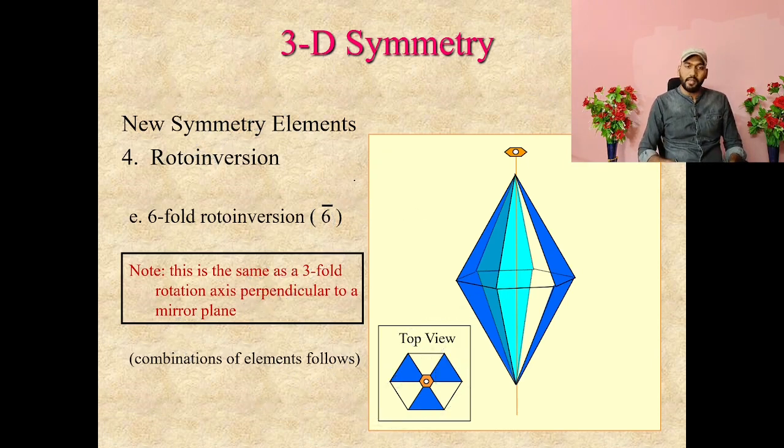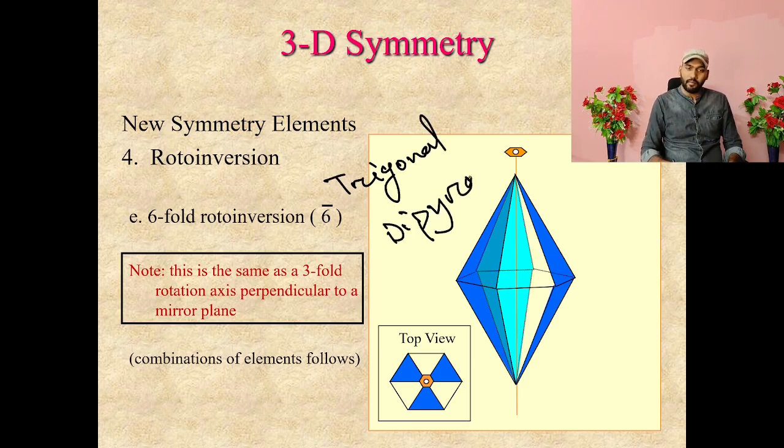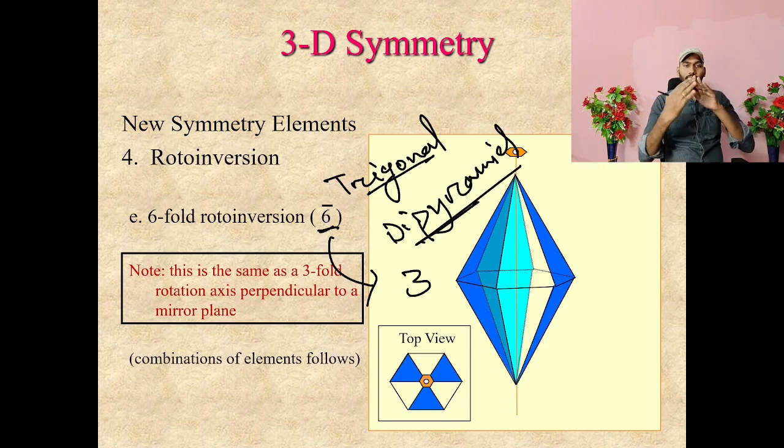This is called trigonal dipyramid. Trigonal dipyramid. You can ask why it is trigonal. We have taken six-fold rotation. Why is it trigonal? Because it became threefold, because it is reduced to threefold rotation. So it will become trigonal, and it will become dipyramid. Why is it becoming dipyramid? When three or four faces